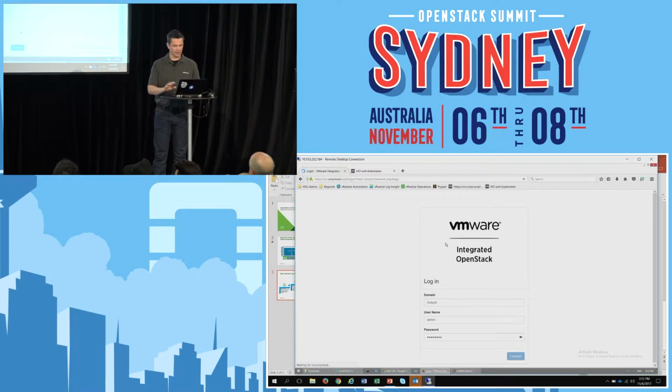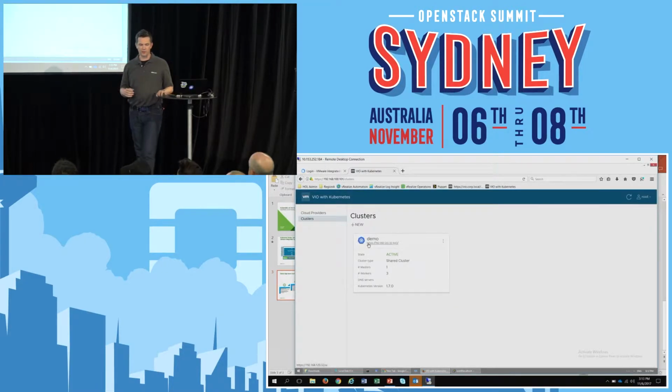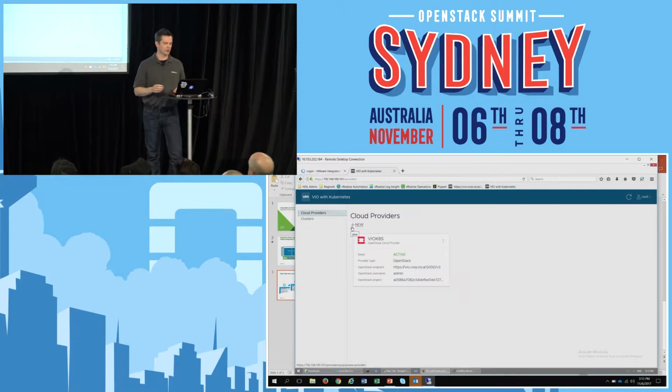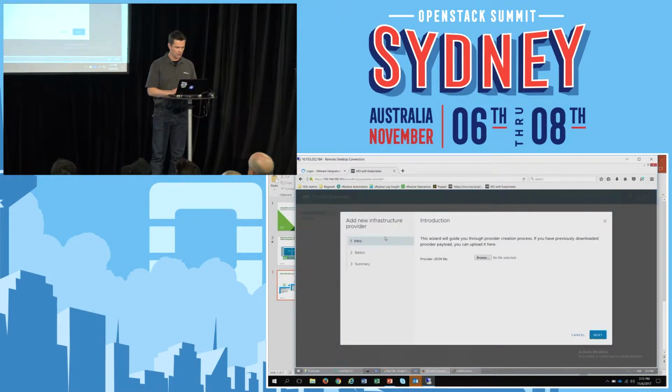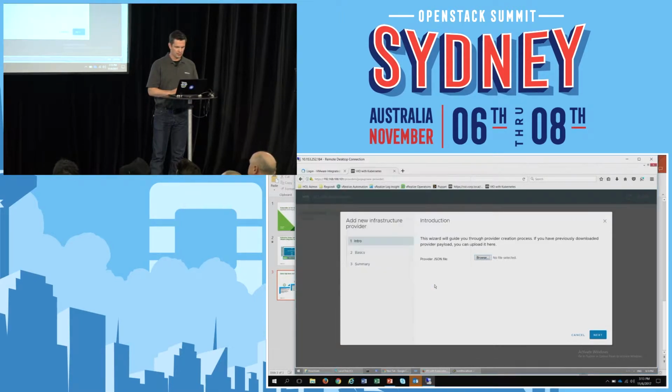Since we only have 20 minutes, I've pre-installed some of this to make sure we can get through the demo on time. So we have the Horizon dashboard, which is the regular OpenStack dashboard. And then we have our VIO with Kubernetes, or VIO-K as we call it, which is the UI here where the administrator will go in and create some of those things we just talked about. So the first thing we would do is create a cloud provider. I have a file here already prepared with the answers,